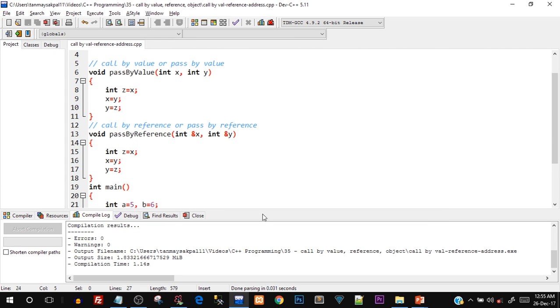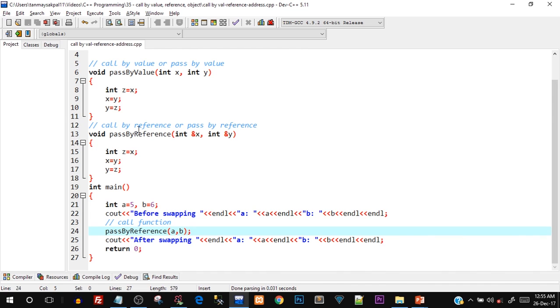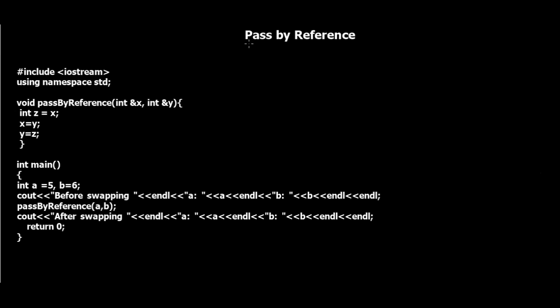And now let's try to understand what is happening behind the scenes so that you understand what exactly pass by reference means. So let's move on to the digital blackboard. Okay, so as you can see, we are on the pass by reference part, and this is the program that we wrote. This was the pass by reference function, and we used the AND symbol over here and here so that we denote that this function is going to take a reference variable, and then in the int main we use the pass by reference